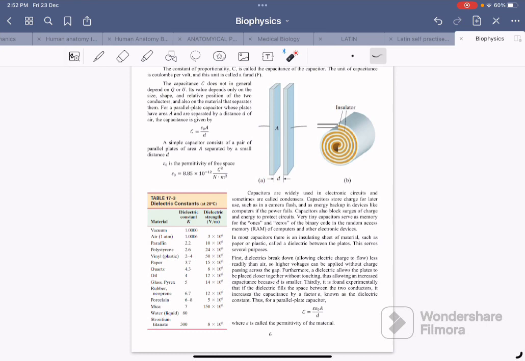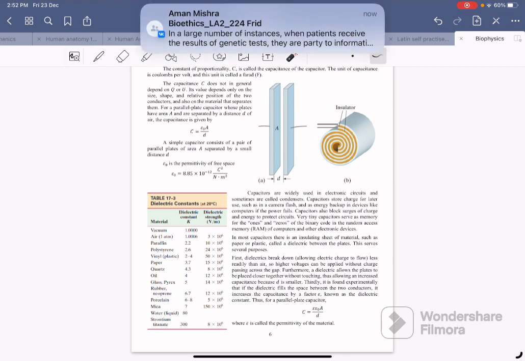First, the dielectric breaks down less readily than air, so a higher voltage can be applied without charge passing across the gap. Furthermore, a dielectric allows the plates to be placed closer together without touching, thus allowing an increased capacitance value because d is small. Thirdly, it is found experimentally that if the dielectric fills the space between the two conductors, it increases the capacitance by a factor epsilon, the dielectric constant. Thus the parallel plate capacitor is C equals epsilon epsilon naught A by d, where epsilon is the